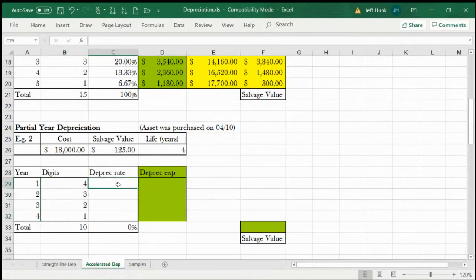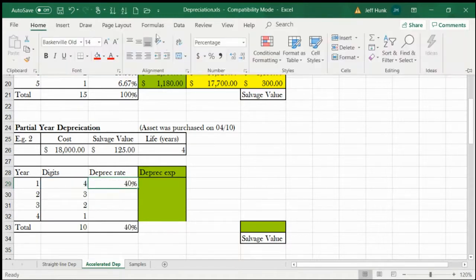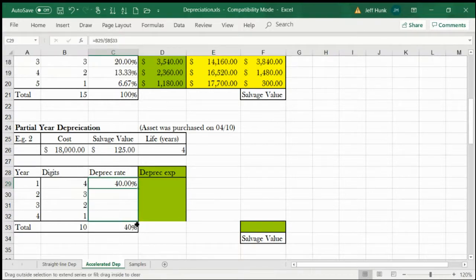So now we can find the depreciation rate. Of course, I already got the total here, right? Because 1 through 4, I got the auto sum there, and I'm going to divide that by that, okay? And lock, there you go. And I'm going to give it 2 decimal places, and then I'm going to drag it down. Okay, here I already have auto sum built in there, right? So it's going to automatically